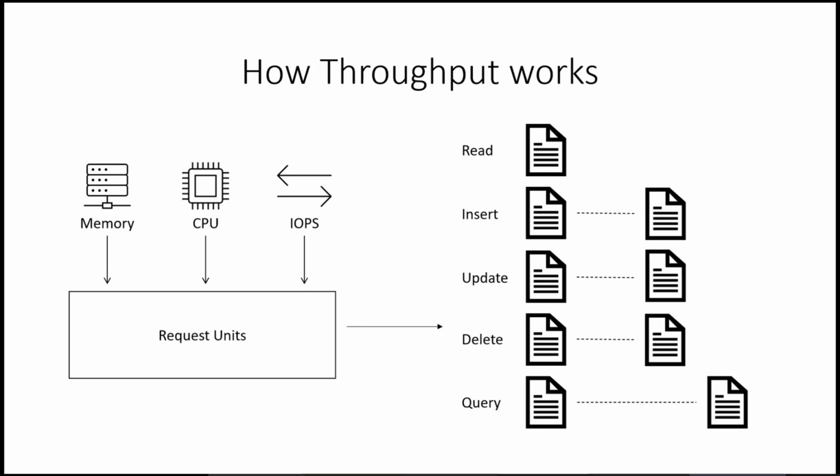When we make operations on Cosmos DB, we use something called request units. In the documentation for Azure Cosmos DB, this is referred to as RUs per second for short. Request units are the currency for throughput, an abstraction of system resources such as memory, CPU, and IOPS required to perform these operations. We provision throughput in increments of 100 request units per second,